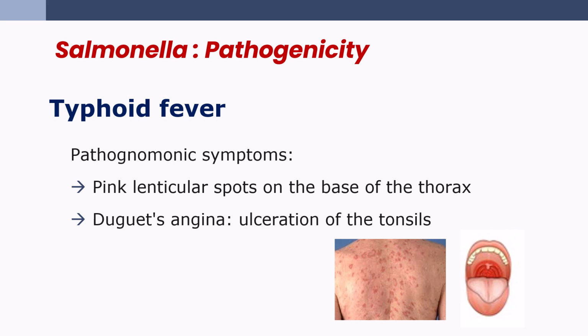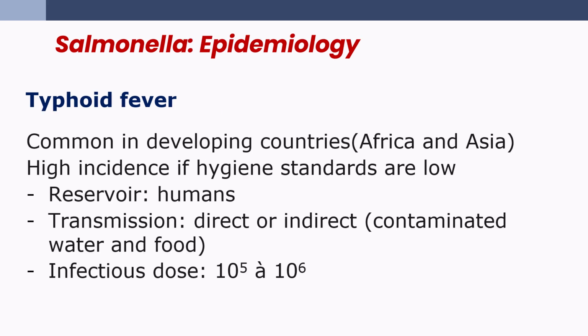the tonsils. In terms of the epidemiology of Salmonella, typhoid fever is common in developing countries, particularly in Africa and Asia, with a high incidence in areas with poor hygiene. The reservoir is strictly human, and transmission can occur directly or indirectly, through contaminated water or food. The infectious dose is relatively high, in the range of 10 to the power of 5 to 10 to the